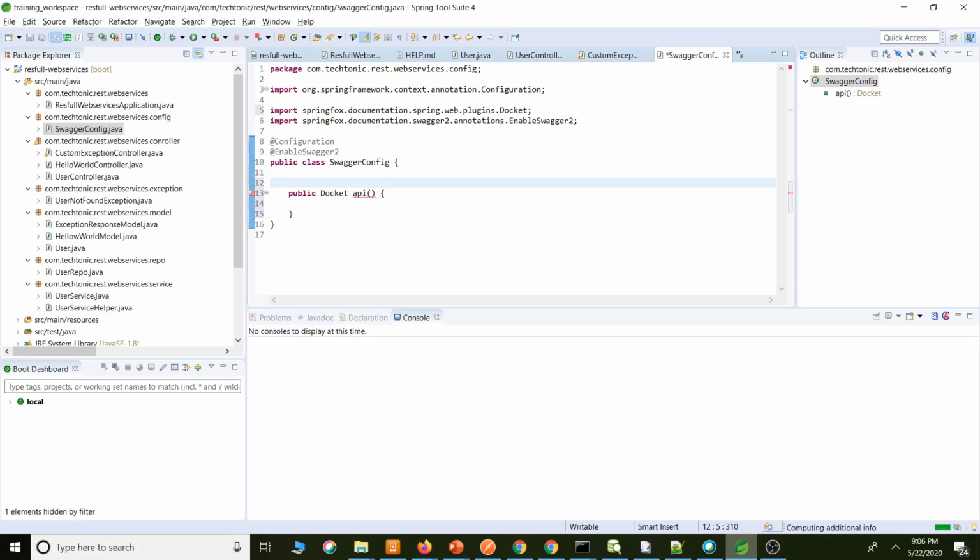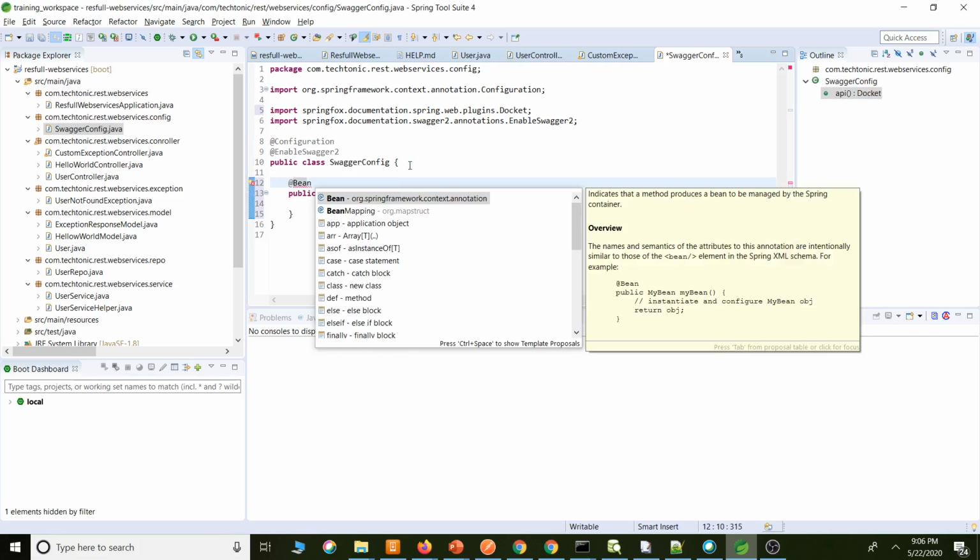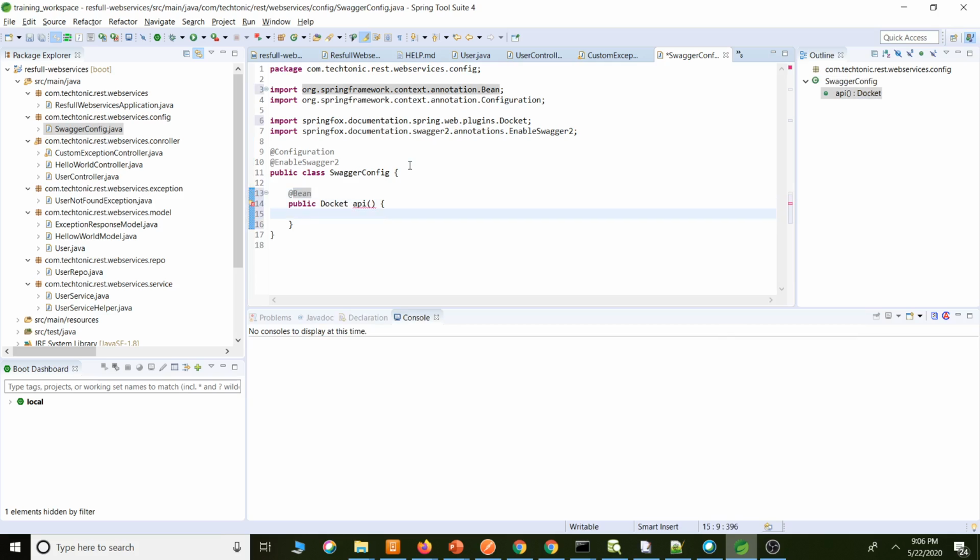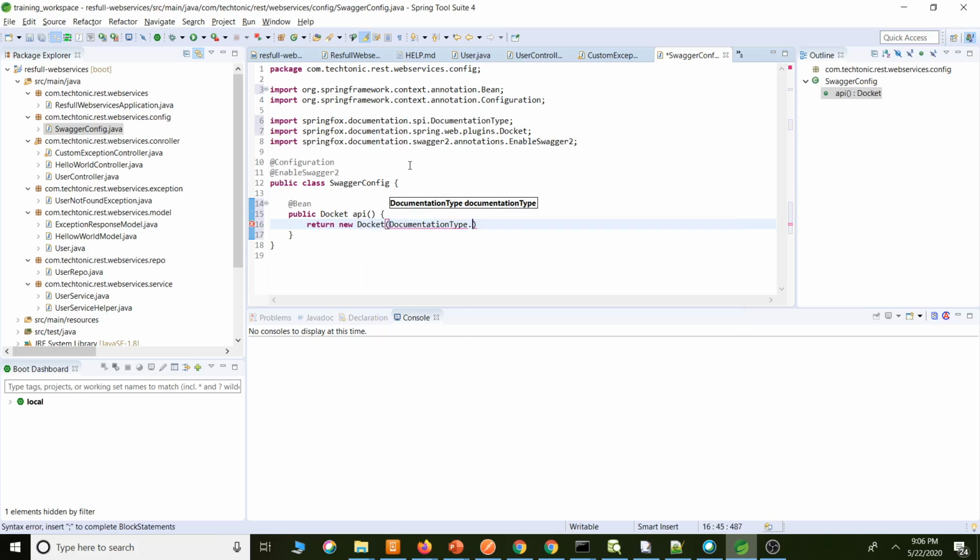We need to create the bean and tell Spring this is a bean. Here I am going to return a new Docket object, and we have to specify the documentation type as Swagger 2.